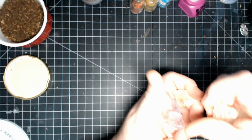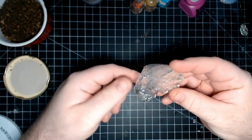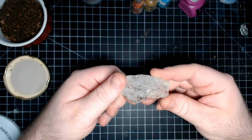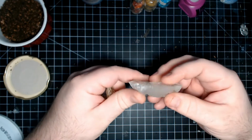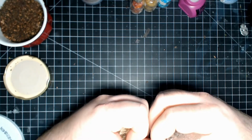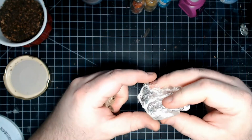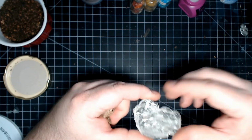Still more options for crystals, at least, or even ice. This is resin. It's UV cured resin. I took a piece of aluminum foil and I folded it over a couple times to make a square, and I crumpled it up into a ball, and then I uncrumpled it carefully so it doesn't rip. I rubbed some Vaseline into it, although you could probably spray like a cooking spray in there if you wanted to,